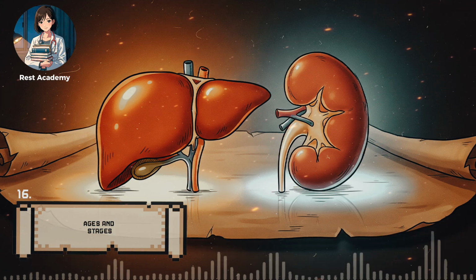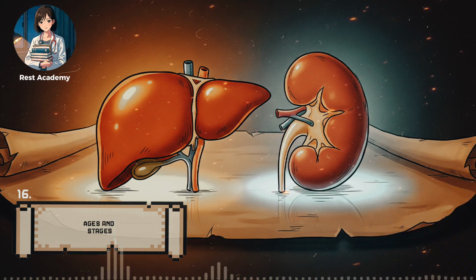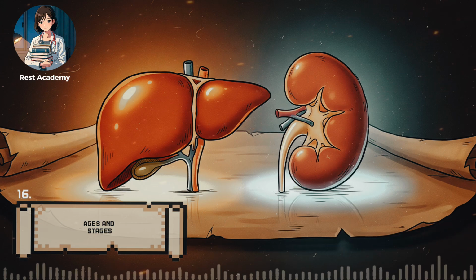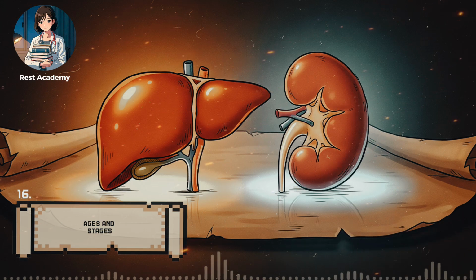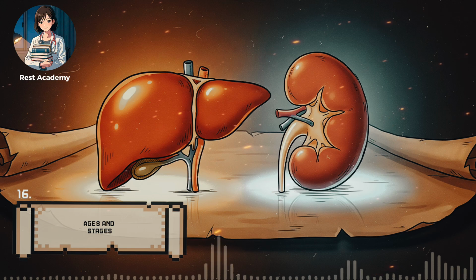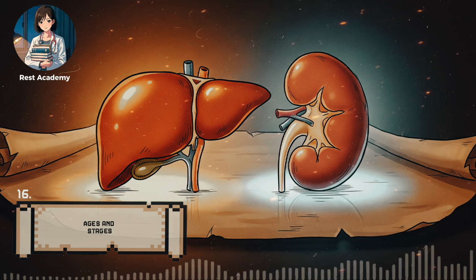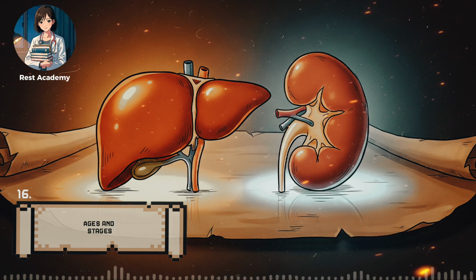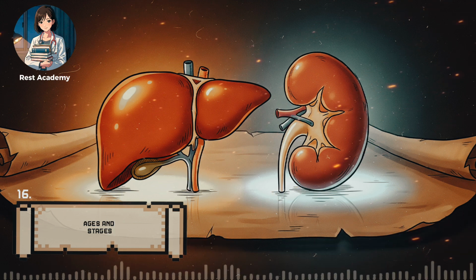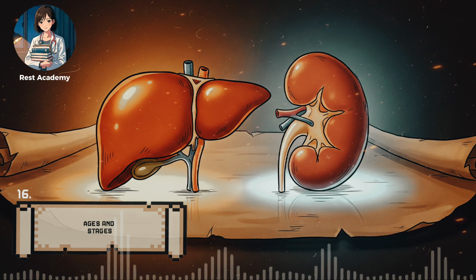Once in circulation, distribution determines where the drug travels. Plasma proteins act like carriages. Drugs that bind strongly to albumin are carried in bound form, unable to cross membranes until released. Tissue perfusion matters. Organs with high blood flow, liver, kidneys, brain, receive drug rapidly, while fat and bone receive it slowly. Lipophilic drugs accumulate in fat stores, forming reservoirs that release the drug slowly over time, extending duration. Hydrophilic drugs remain largely in plasma and interstitial fluid.